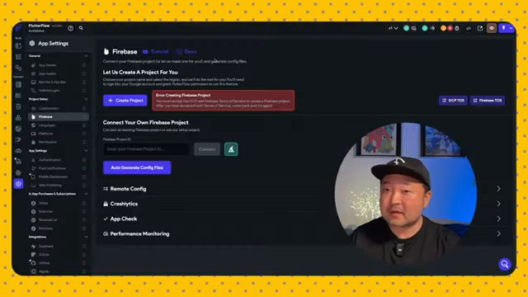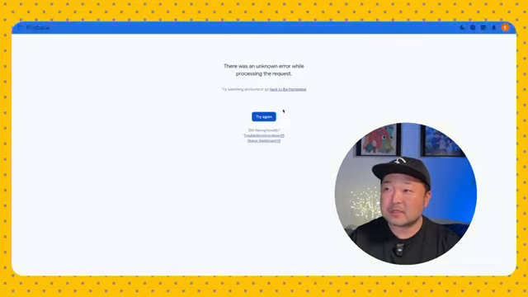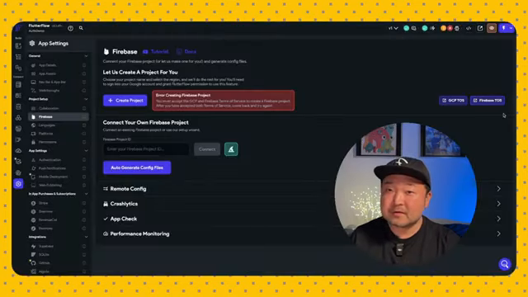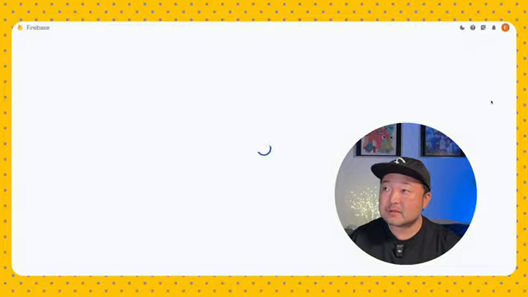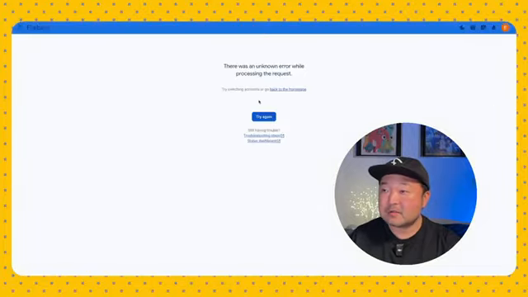Let's just go back here. Let's try the second, Firebase, term of service. You can see that it is an error page. There is an error processing the request. So maybe I should try again. Let's try again. Still an error. So that's the first trouble we will see if you're going to create a Firebase with